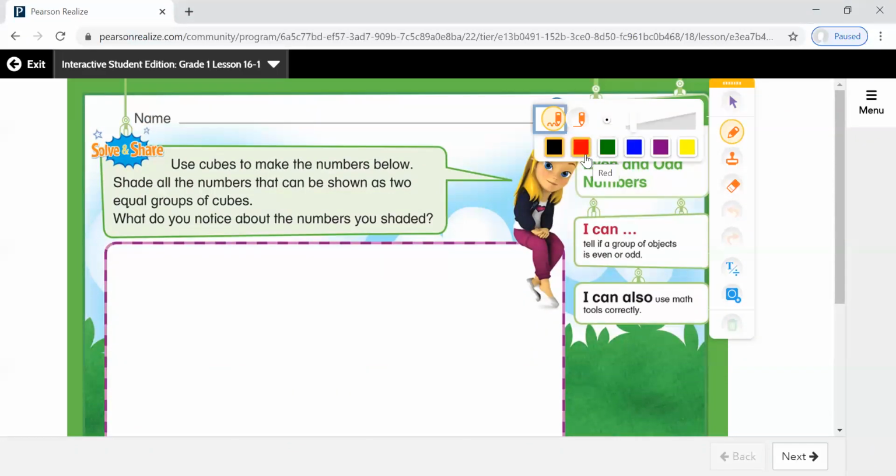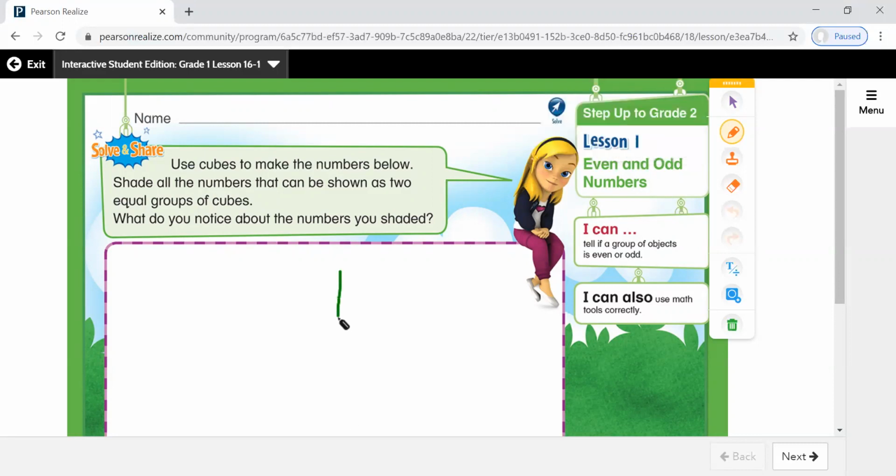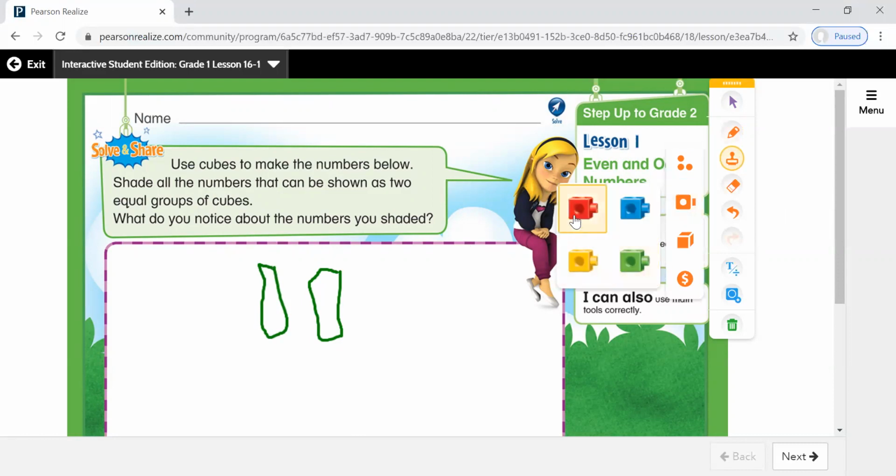If I can put number 1 into two equal groups, then number 1 is even. If I have two groups here, if I can't put it into two equal groups, then